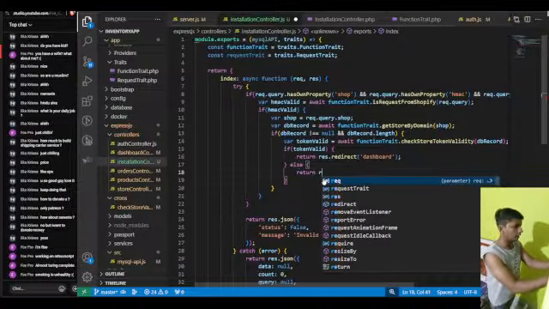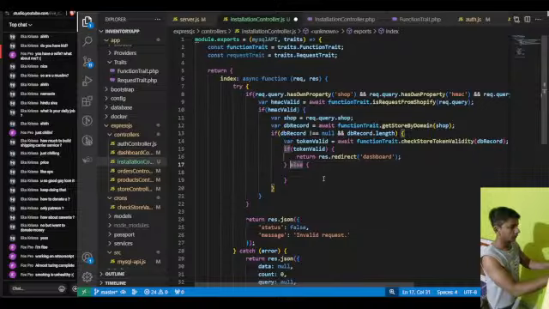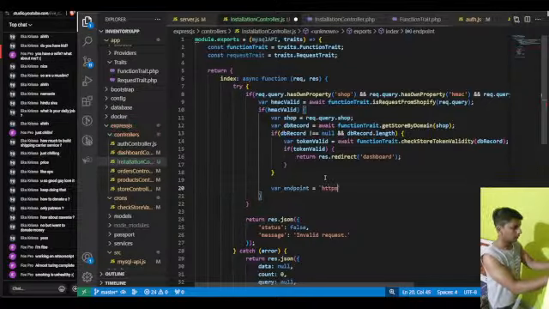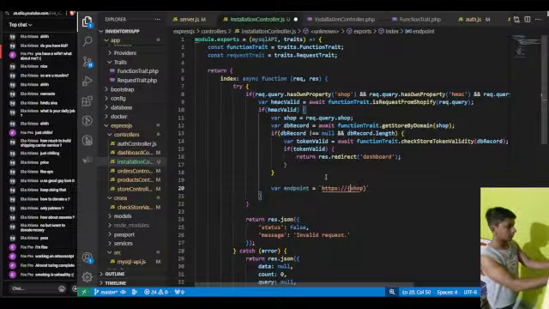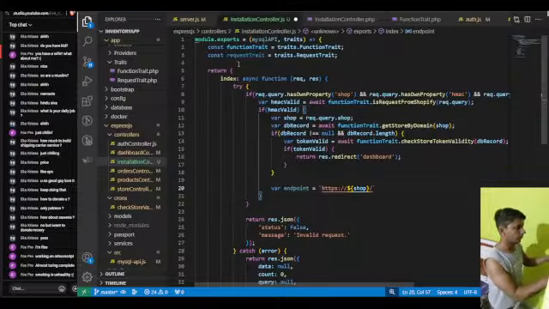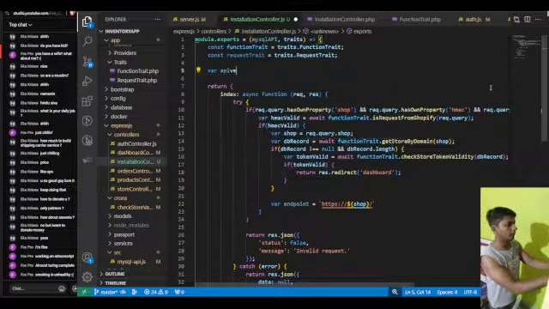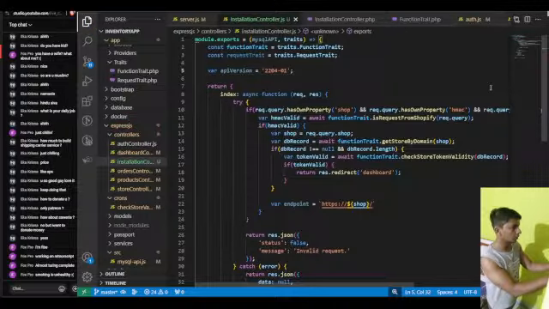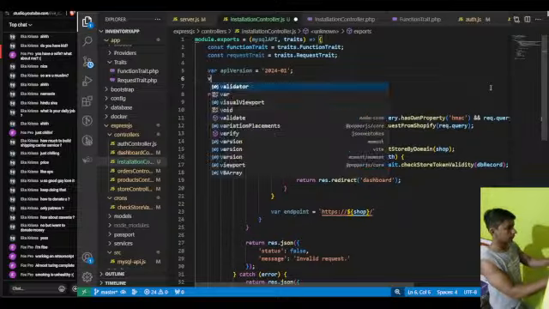Return. So endpoint would be, in any case, where endpoint would be https://shop/ where API version equals 2024-01, where